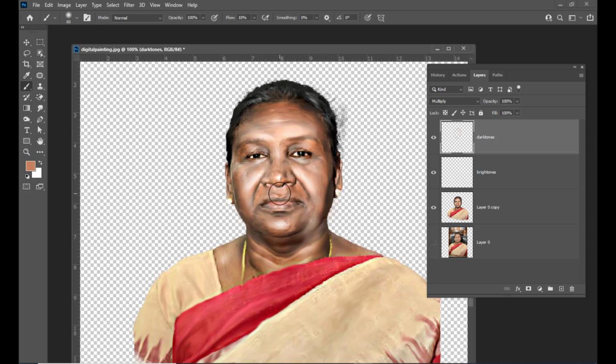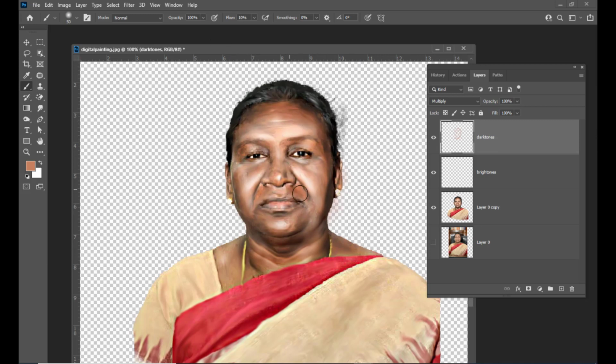So something like this. Right. So once we are done with the dark tones,